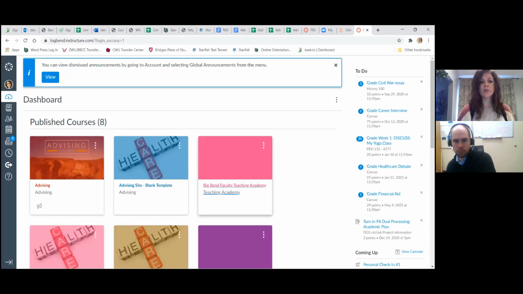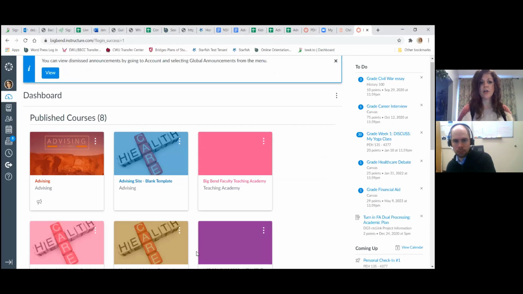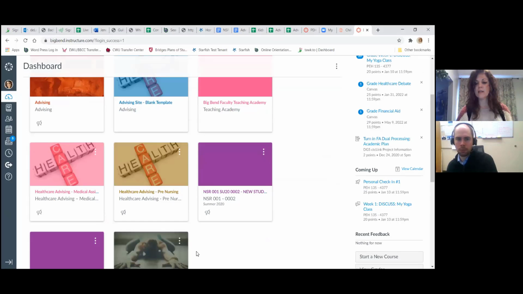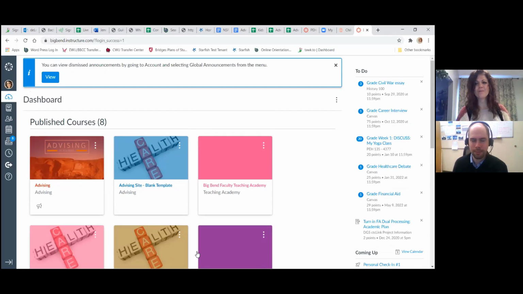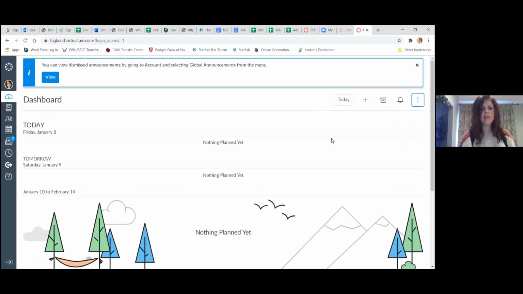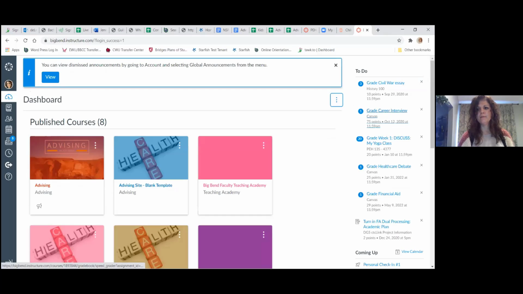This is your dashboard. By default, it's probably set to this card view. You're only going to see classes that you're enrolled in here, or you should only be seeing classes you're enrolled in here. You can change this by clicking on the three little dots if you want it to go to a list view, or if you wanted to see items that are coming up or recent